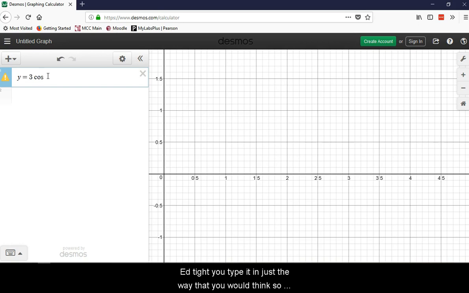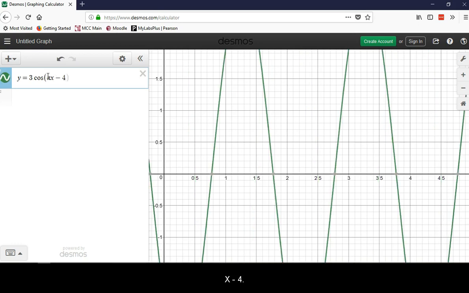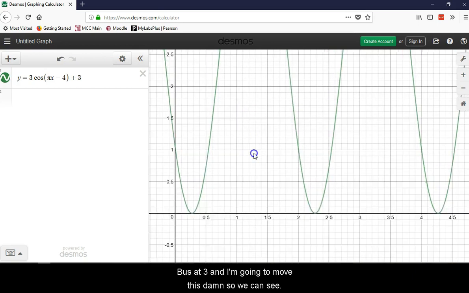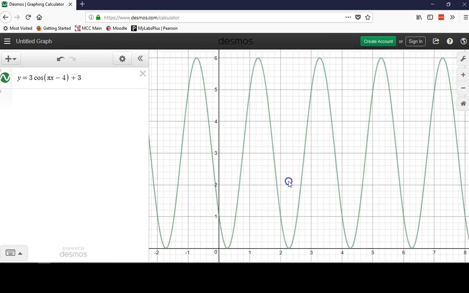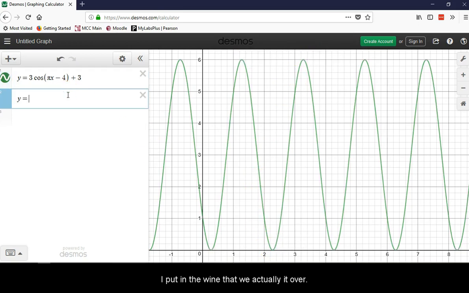So I'll just type cos, and then I have pi x minus 4 plus a 3, and I'm going to move this down so we can see, and I'll zoom out a little bit. And so here is where we're starting, and then this is where we end the first cup. Here's where we bottom out. If I put in the line that we oscillate over,